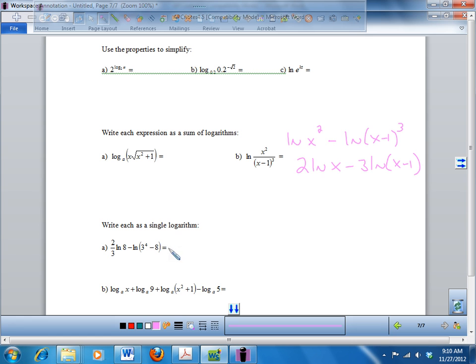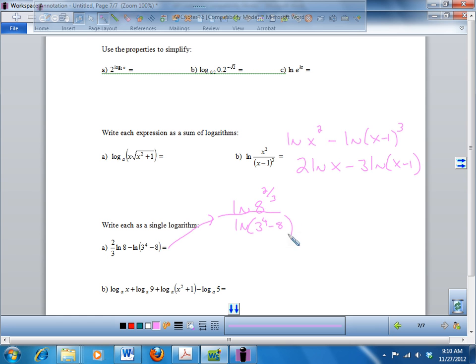With this one, now they want you to go in reverse. So basically with this one, you want to go backwards like you were doing here. So this you could take and write as natural log of 8 raised to the 2/3 power. And there's a reason I want to do that. You can't really do too much with this one. You can't rewrite this as natural log of 3 to the 4th divided by natural log of 8 because it'd have to be individual logs. So you just write this over natural log of 3 to the 4th